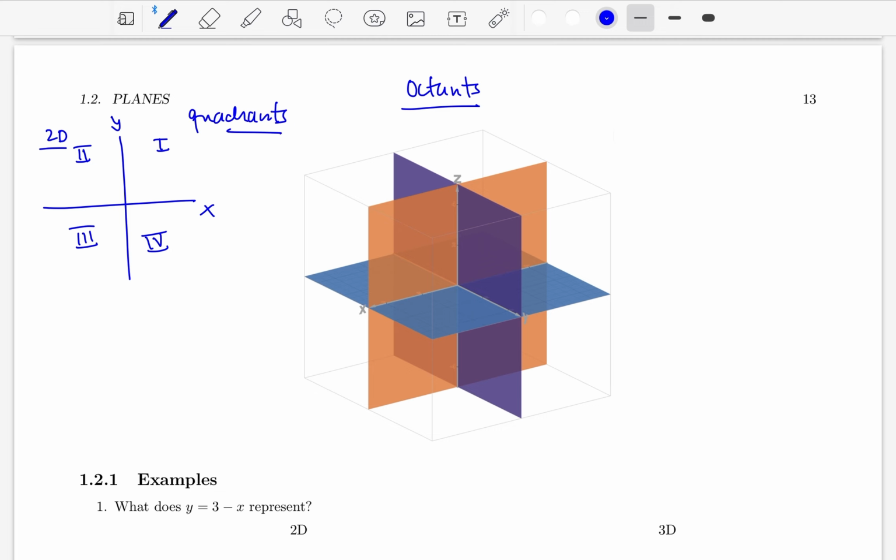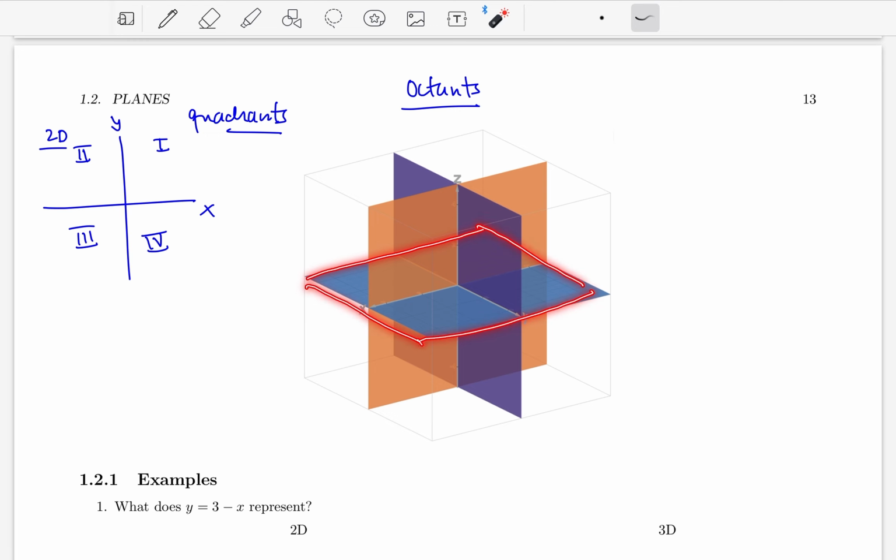But what we actually, at least we need to understand, even though I'm not going to force you to learn which one is which, but you could guess, like the octant where they're all positive, that'll be your first one, and so on. But let me just look at this real quick. So I color coded this. Let me start with the blue one. So if you look at the blue one,